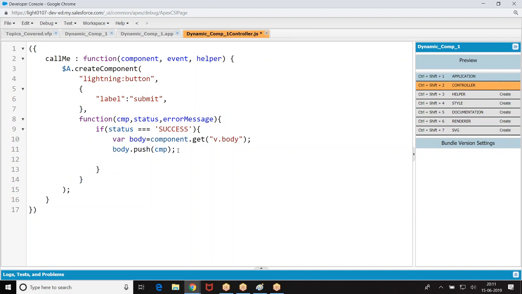Get the existing body, add the new component which was created to the body, component.set. So what was this? Create a component called button with the label called submit. Add that component to the body of the application.